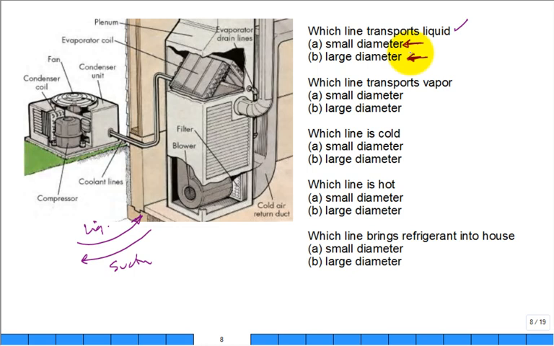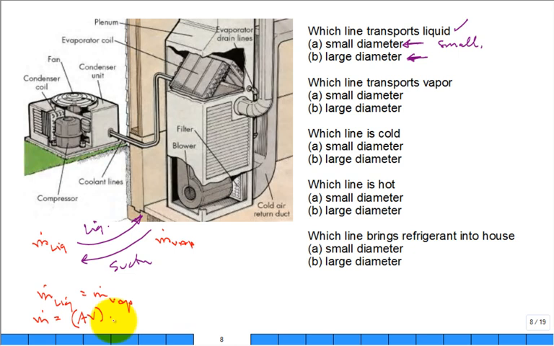No. The small diameter. And that's really a hard concept for a lot of people because look at the mass flow rate of the liquid going in the liquid line compared to the mass flow rate of the vapor in the suction line. In this, the mass flow rates are the same, so mass flow rate liquid equals mass flow rate vapor. That's true. Now, is the mass flow rate equal to, let's say, the volumetric flow rate, AV,